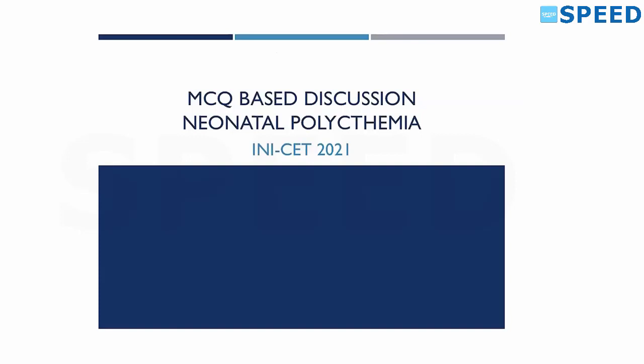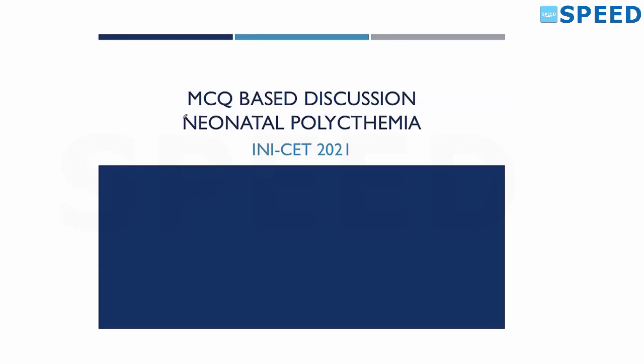We'll be going first through the MCQs, which will ask you about what is the correct definition of polycythemia in an infant, how do you define it, and what is the correlation between hemoglobin as well as PCV or packed cell volume or the hematocrit. What are the clinical manifestations when you start suspecting polycythemia as the etiology for the symptoms in your baby? In what situations do you start doing neonatal screening for polycythemia? What is the etiology of polycythemia? And of course, we'll be looking at clinical manifestations and management.